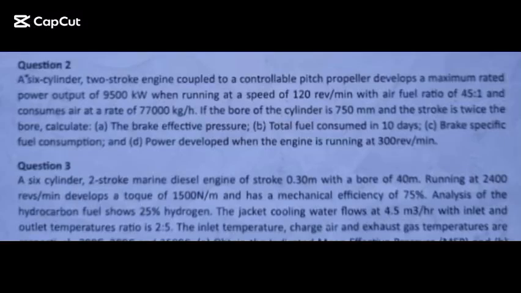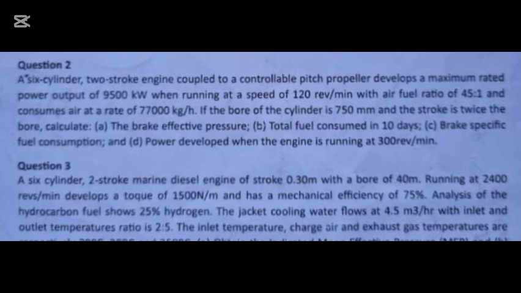A six-cylinder two-stroke engine coupled to a controllable pitch propeller develops a maximum rated power output of 9,500 kilowatts when running at a speed of 120 revs per minute with an air-fuel ratio of 45:1, which is the same thing as 45/1, that is 45, and consumes air at a rate of 77,000 kg per hour. If the bore of the cylinder is 750 millimeters and the stroke is twice the bore,